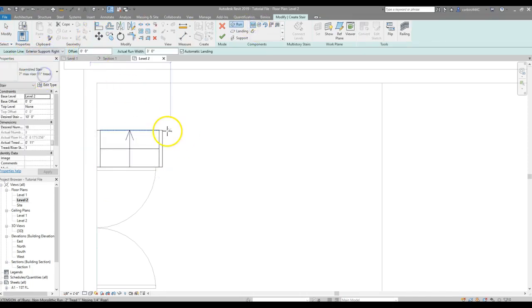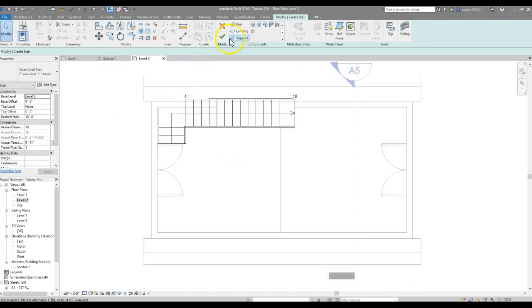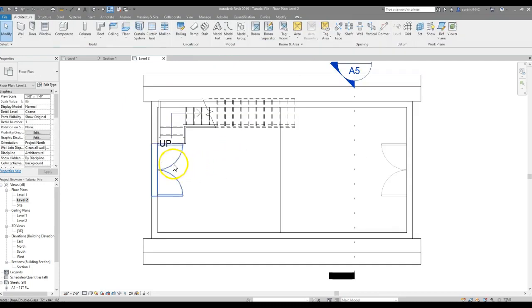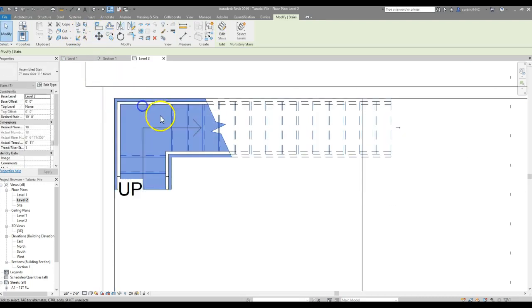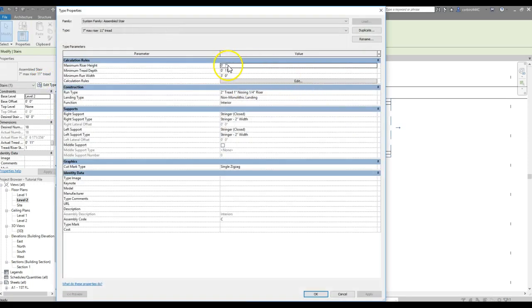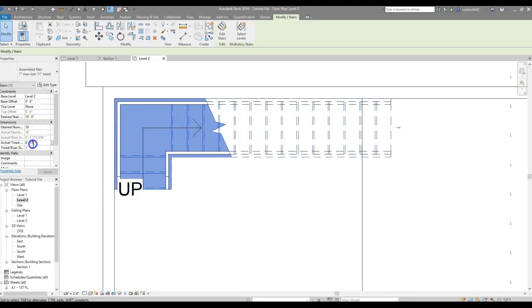Change this to support right. I'm going to delete this door for now. The one thing I'm going to change is the actual code here is 7 5/8 for stringer height, and I'm going to actually change the tread depth to 10 since this is only a loft. So 10,